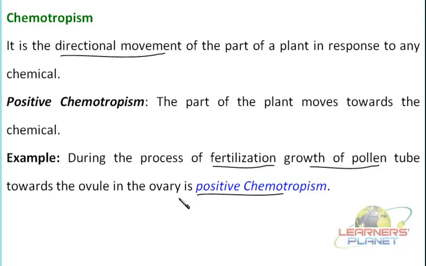And this is why the pollen tube is always growing from the upper part in the downward direction. That means it is able to stick over the stigma of the flower, and then the pollen tube starts generating and growing downwards into the style, going towards the ovule. Such a thing we can even observe in the picture also.